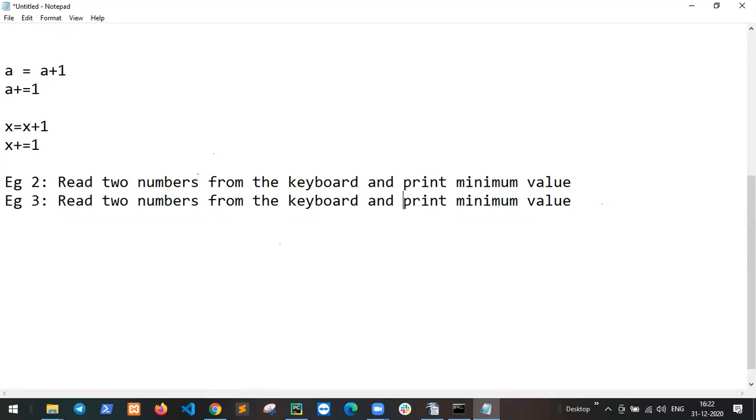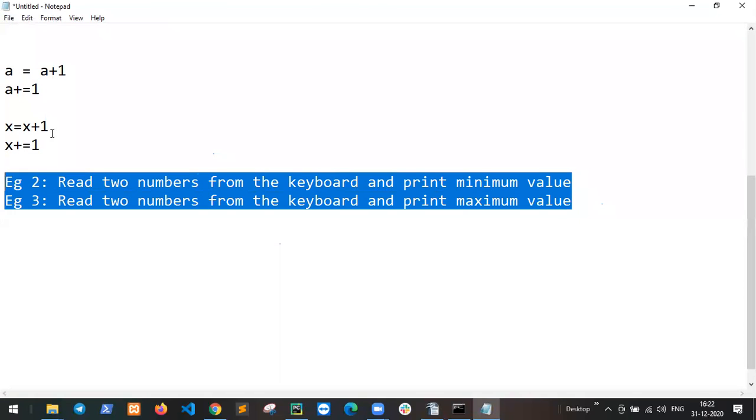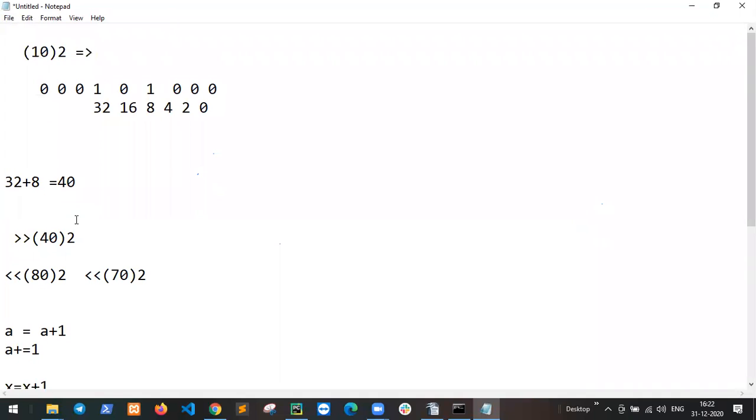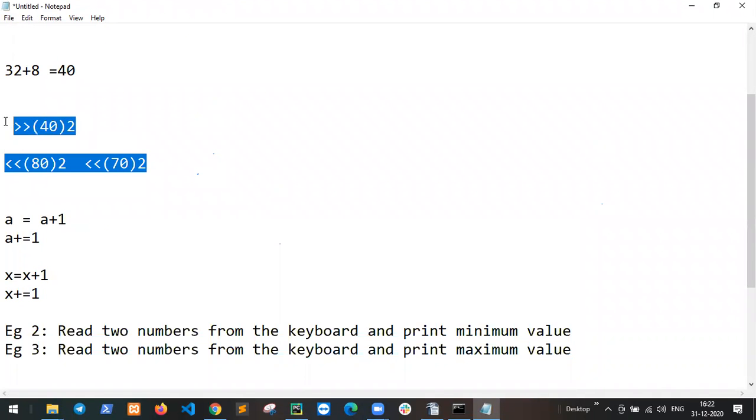And read from the keyboard and print the maximum value. So two examples, and there are two examples on the shift operator. Got it? Yes, sir. Okay.